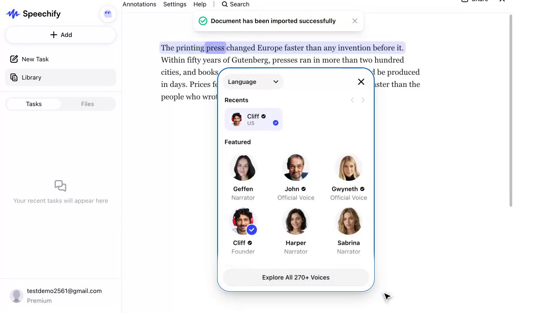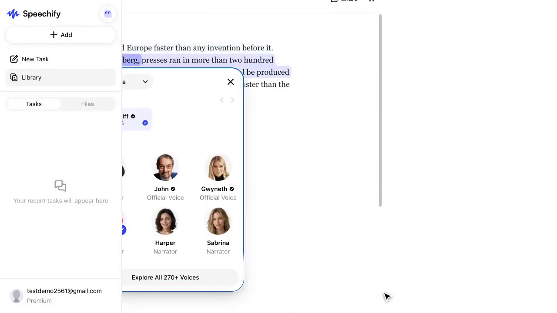And that is the complete basic workflow. Paste or upload, listen, and adjust the voice and speed to taste, while the library tracks your